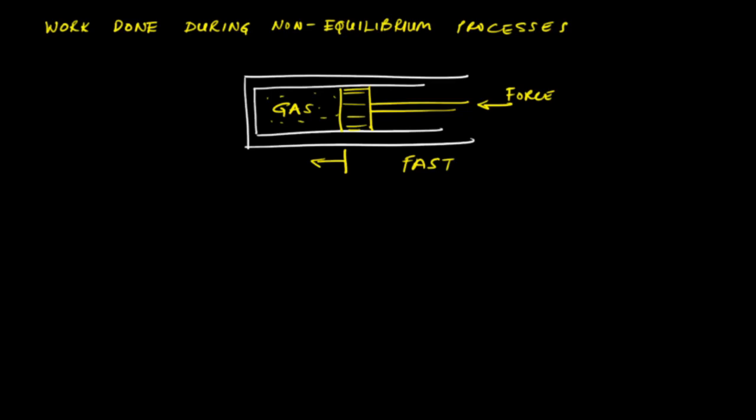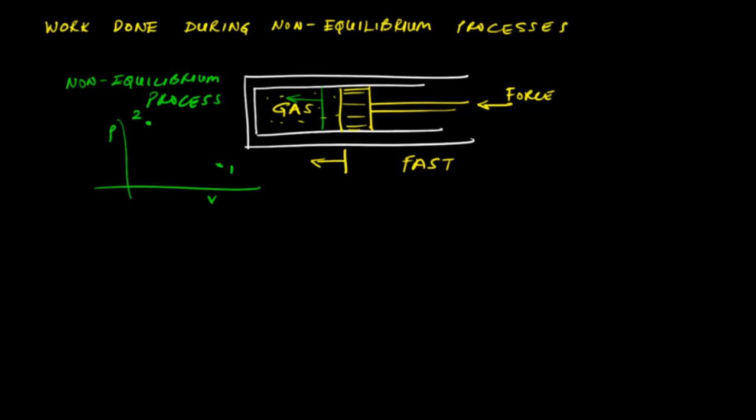In fact, in this particular case, you will have a pressure wave that will propagate and then interact with the walls of the cylinder in a complex fashion. So the pressure is not going to be the same throughout the gas at every point. So this is an example of a non-equilibrium process. And recall that on a PV diagram, we may plot the initial and the final equilibrium states,